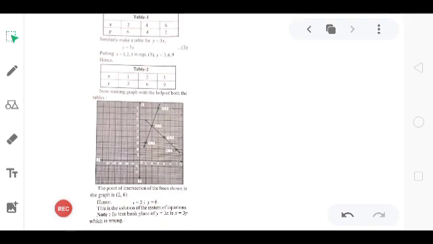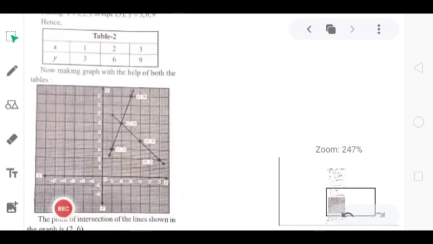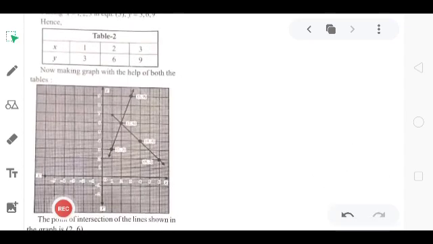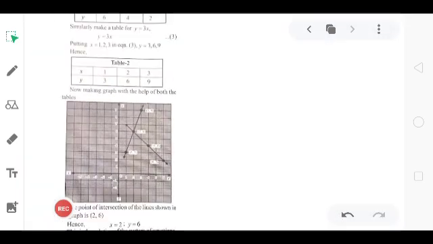You can observe here that both the lines of the given equations intersect each other. It may change, but from this equation you can conclude that both lines intersect each other at the point 2 and 6. From the point of intersection you will find the coordinates. The coordinates will be 2 and 6. You can see here 2 and 6.